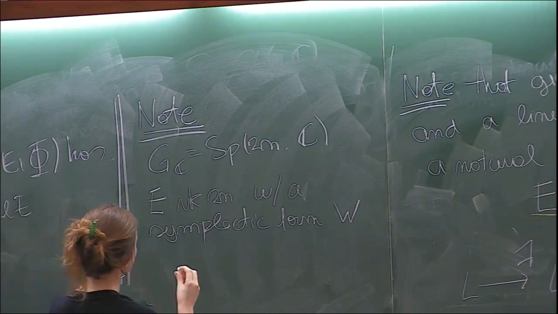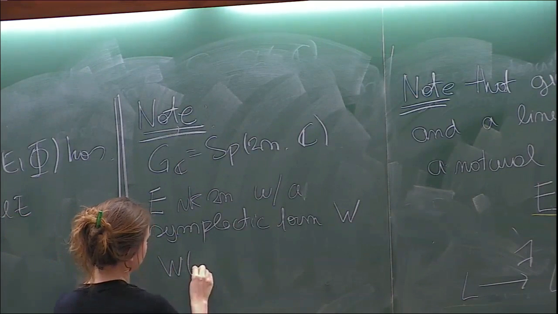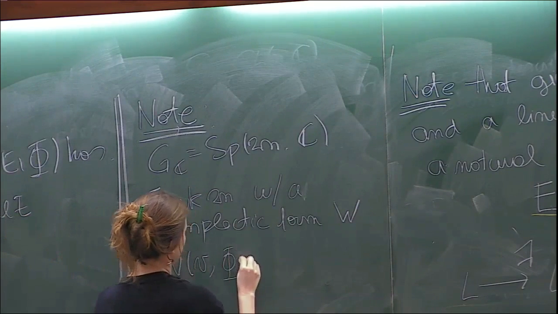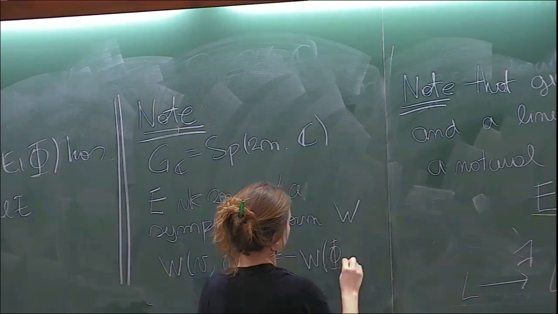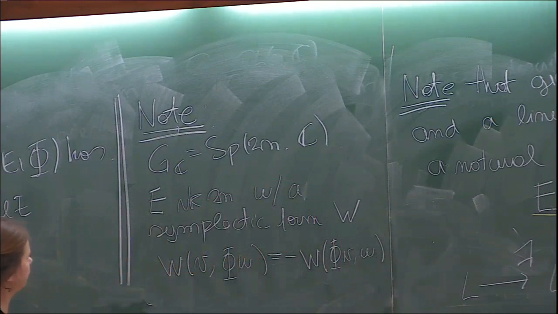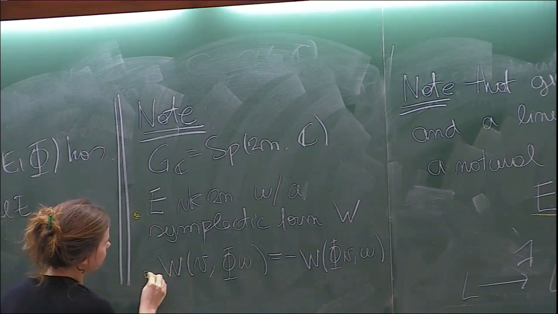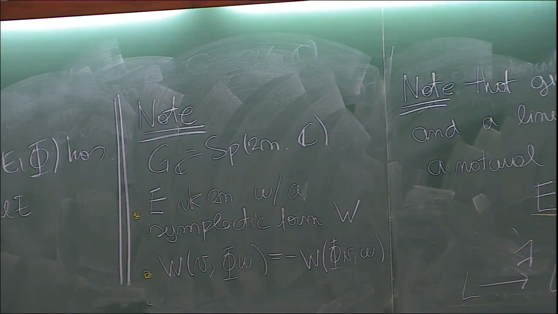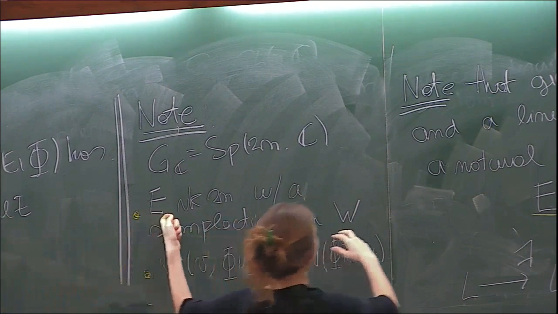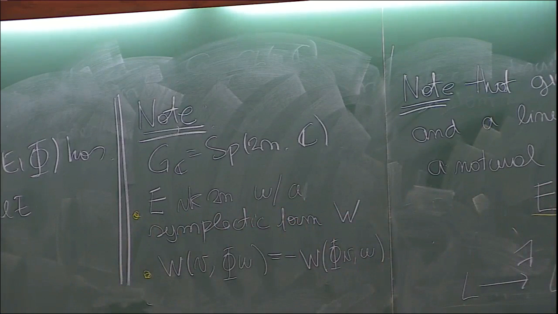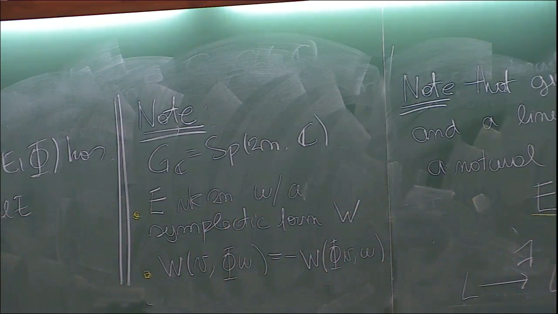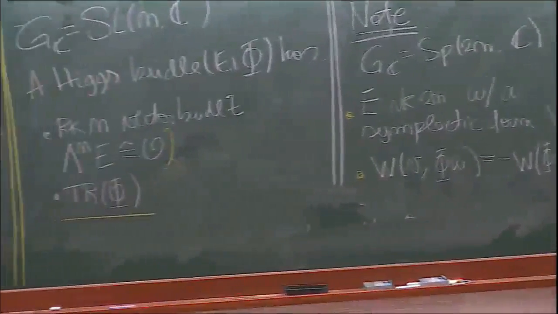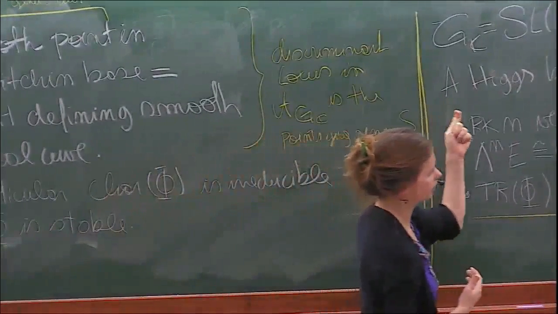So what you're going to say is that your omega applied to two vectors, v and then phi w, is going to be minus omega of phi v, w. So there will be a condition on the vector bundle, a condition on the Higgs field. Those two conditions will tell you the structure of your Higgs field and the structure of your line bundle that will be pushed down. You have to have trivial determinant, so you will have to be in the Prym variety, you know that already,